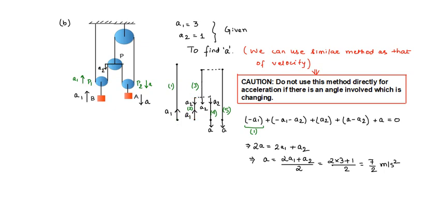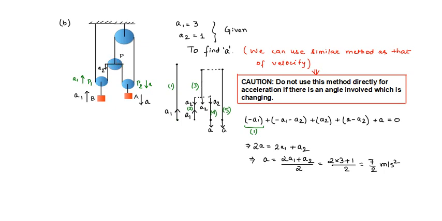Segment 3 is directly in contact with pulley P. So pulley P is moving downward with acceleration a2, and the bottommost point of segment 3 will also move downward with acceleration a2. In segment 4, the bottommost point is in contact with pulley P2. If pulley P2 is moving downward with acceleration a, this point will also move downward with acceleration a. The topmost point will move downward with acceleration a2 because it is in contact with pulley P.